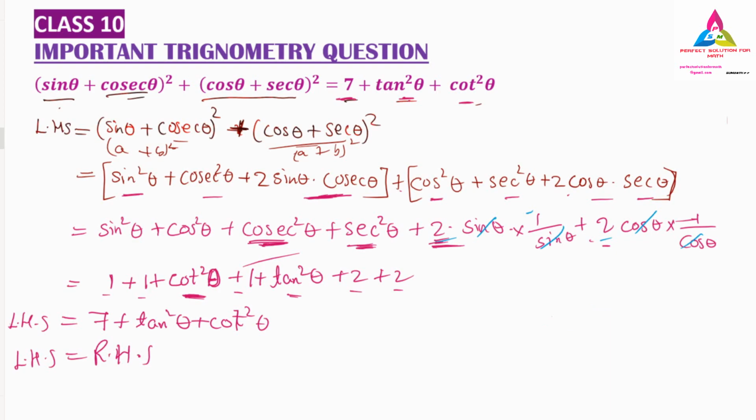When a question is given, think whether they have given the numerator, denominator, then we have to simplify as per the question. If the denominator is not given, we have to rationalize the denominator, but in this question we are not supposed to use the rationalizing factor, because we don't have a denominator. So this is all about this important trigonometric question.